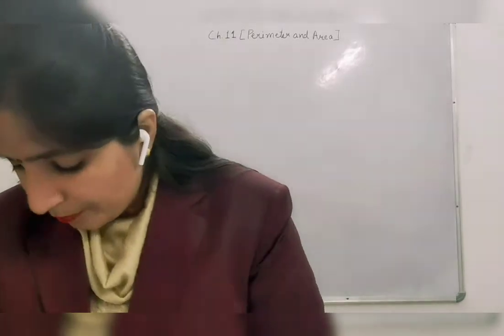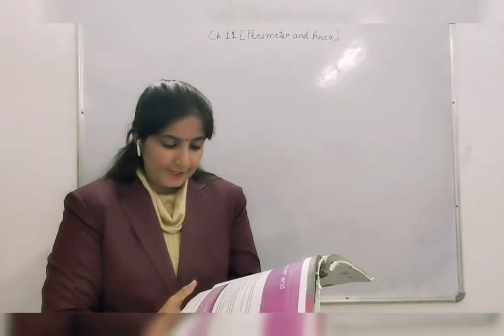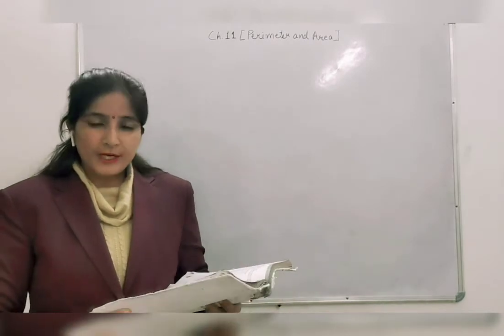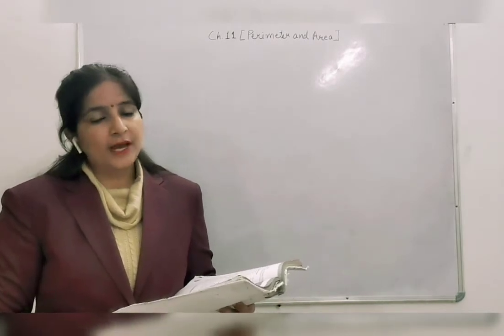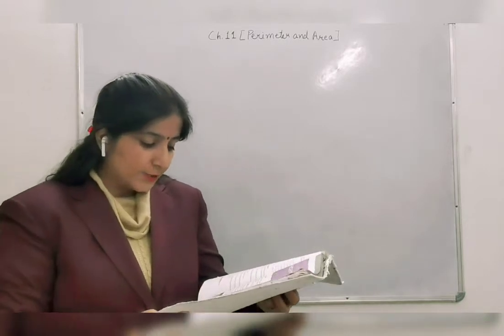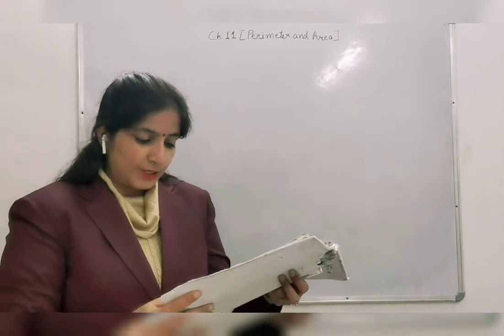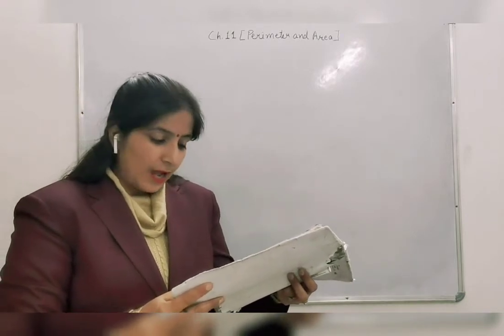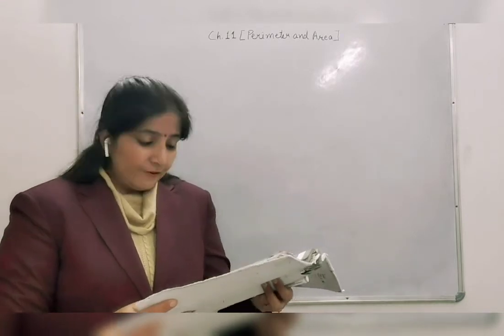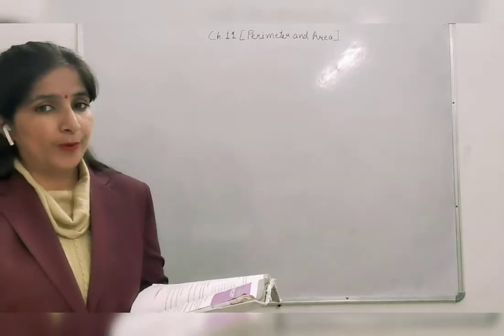Now on your book page number 205, there are Try These. I am going to tell you the first Try These and the rest you have to do yourself in the book only. What you need to do in this is decide whether you need to find area or perimeter to answer the following. How much space does a blackboard occupy?